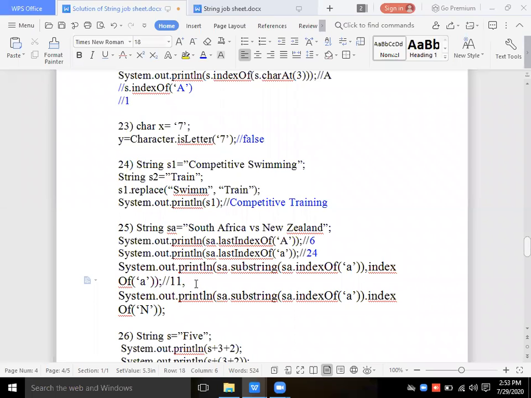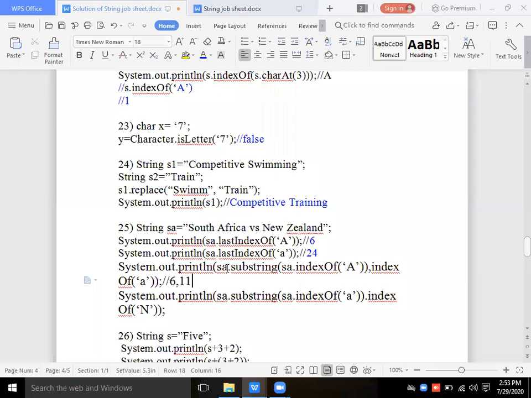So small a, again it will give you 11. The question has some mistake. Okay, we'll change it. It is capital A and small a. Then capital A will give you 6 and small a will give you 11.